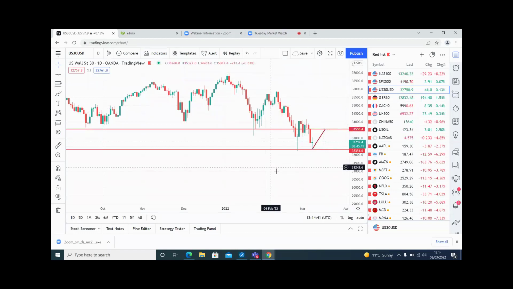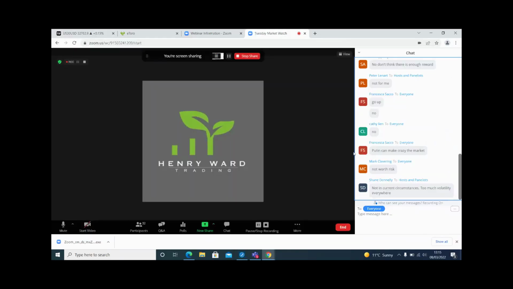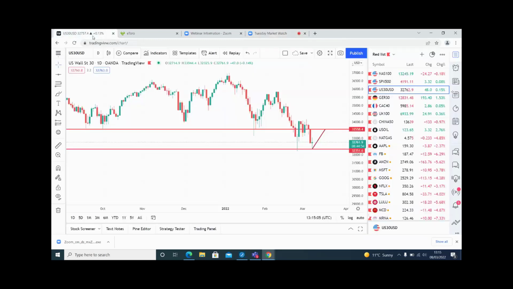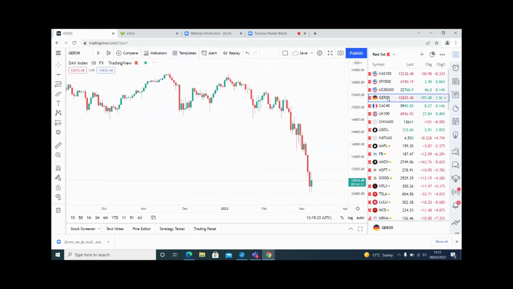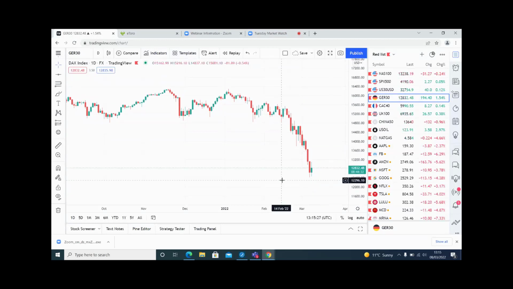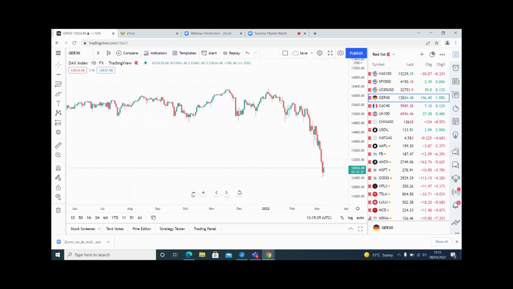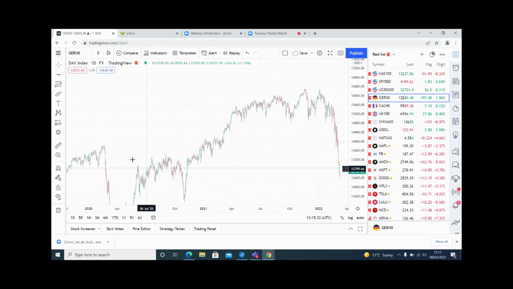So then on this one, for me, the risk to reward is definitely not there. Does that make sense? Absolutely. So the idea would be to trade stuff that we are expecting to continue going in that direction. So the European markets, I fully expect to continue going. I don't see any reason for these European markets to turn around. Absolutely not.